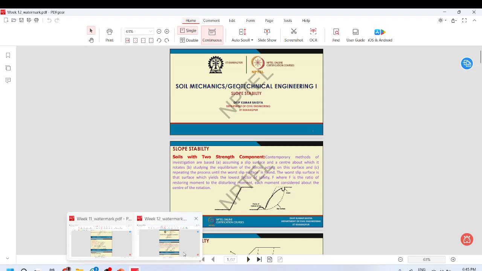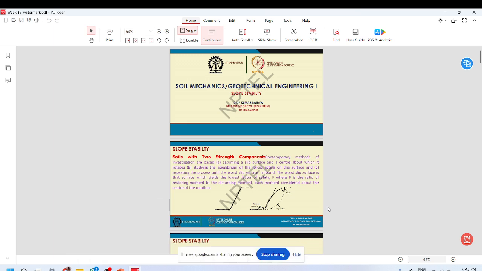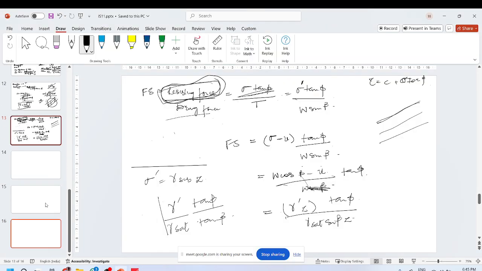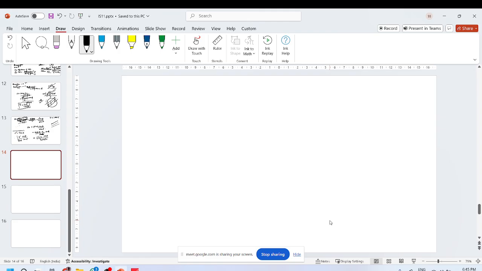The failure plane can be log spiral, it can be circular, elliptical. Based on studies, usually we assume it to be a circular failure, and all the theories that have been given for slope stability of that kind of soils, basically what they do, one theory is in which you take